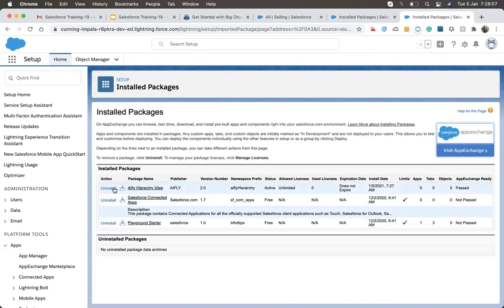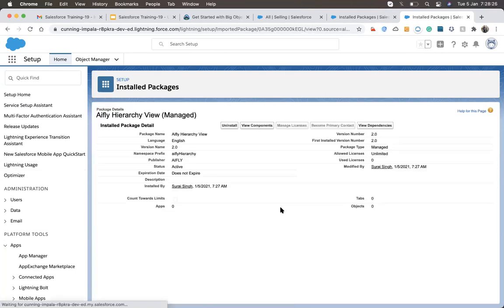Yeah, you can see now it has come up here, and you can see the publisher and all those things available here. It comes under Installed Packages, and you just click here and see what components are present in the package.